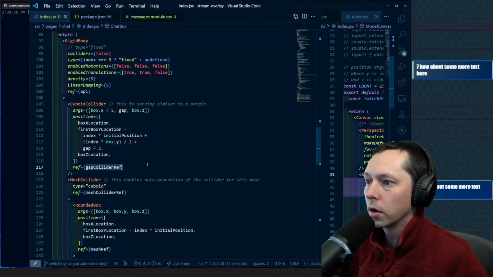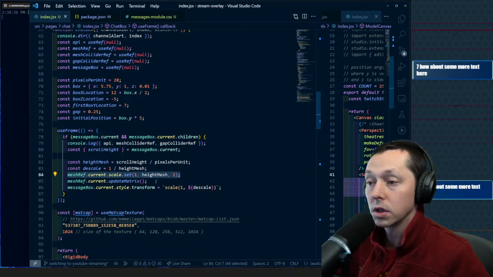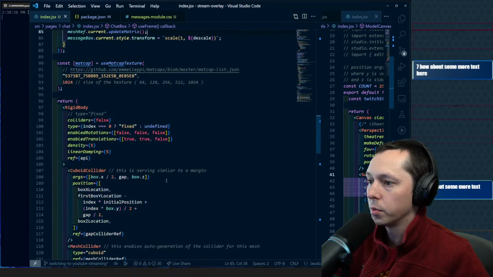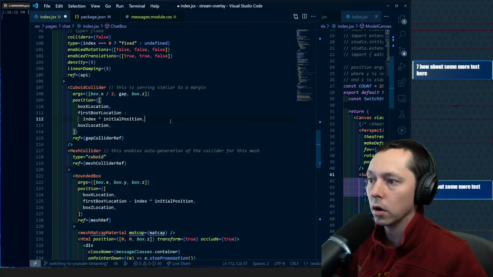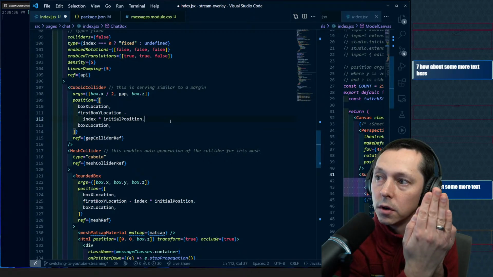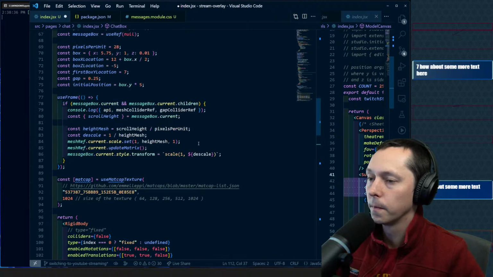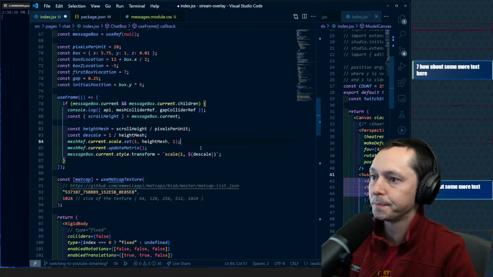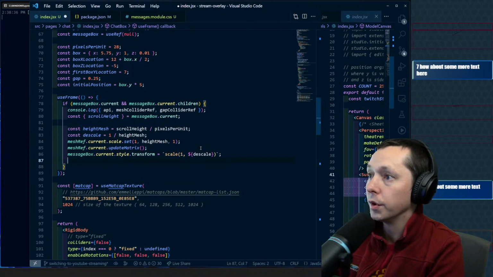So cuboid collider ref. So if we adjust the scale of the mesh, it's coming in at 1. So if we say our position initially is going to be the exact same, make both the box and the custom gap cuboid to be on top of each other. Now we just need that difference between those. So we need the height of the mesh, and then if we do